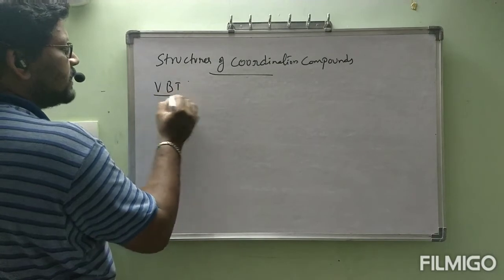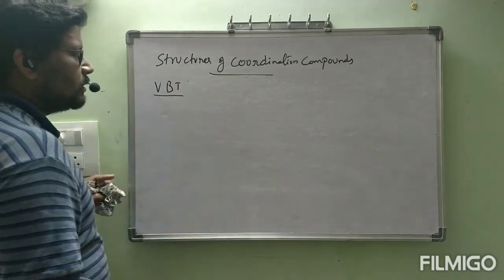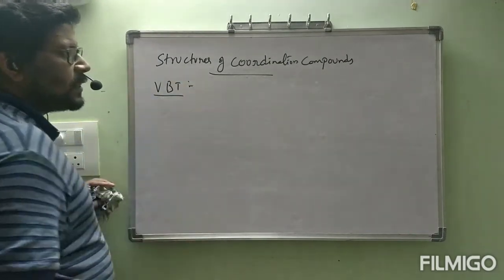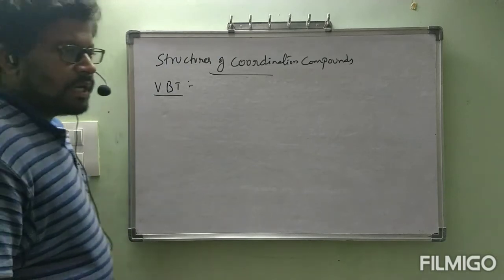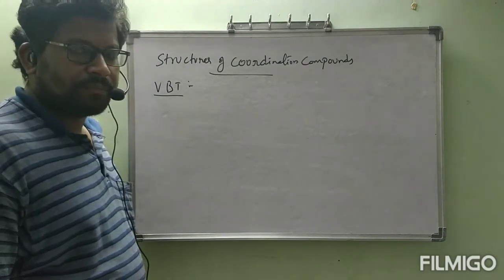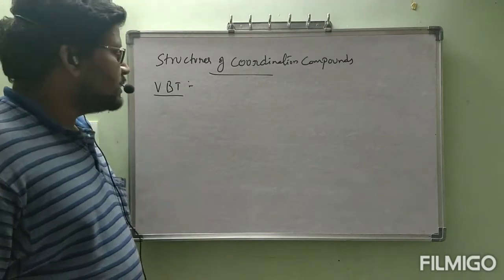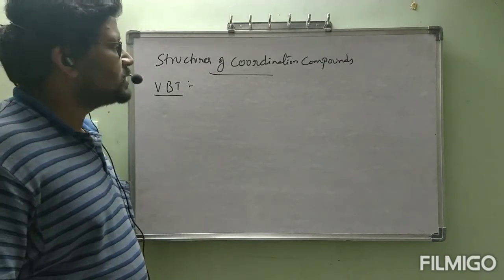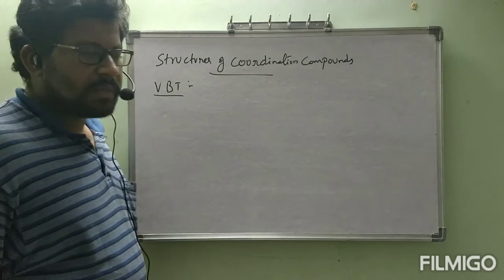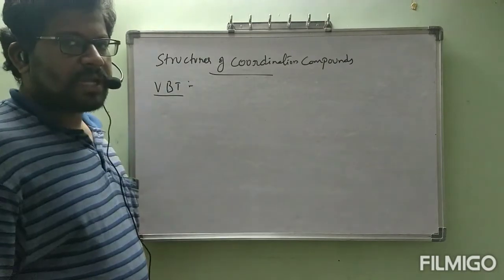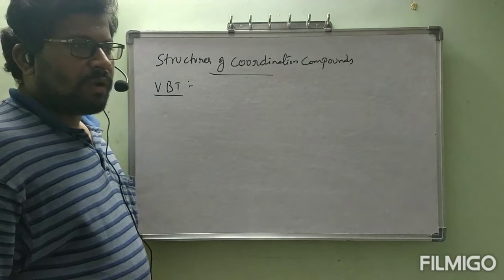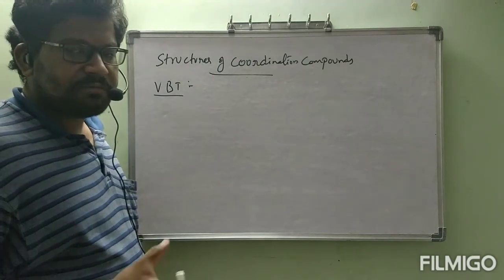Keep the side heading VBT, in brackets valence bond theory. Valence bond theory tried to explain, depending on hybridization, by using the hybridization concept in chemical bonding. This valence bond theory tried to explain the structures of coordination compounds. Now, according to that hybridization, what is the coordination number, which hybridization will take place, and what